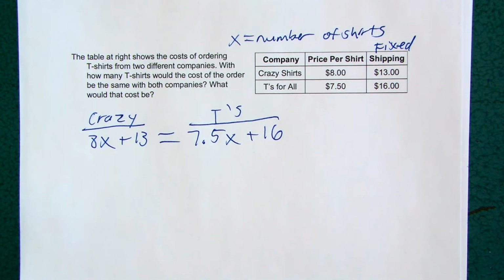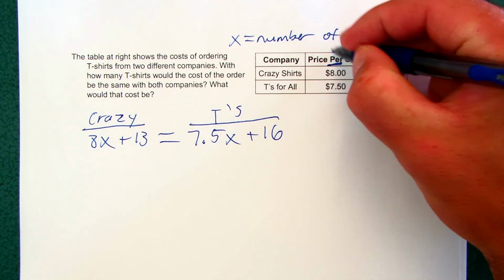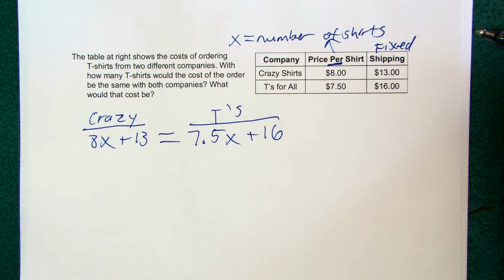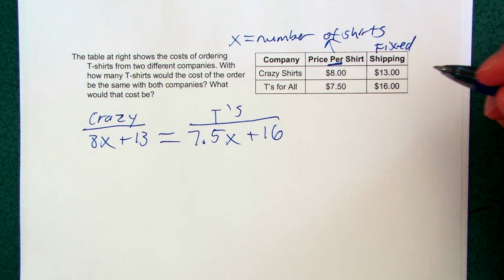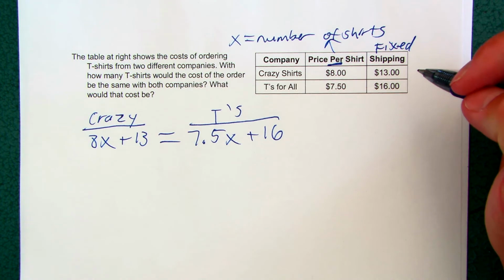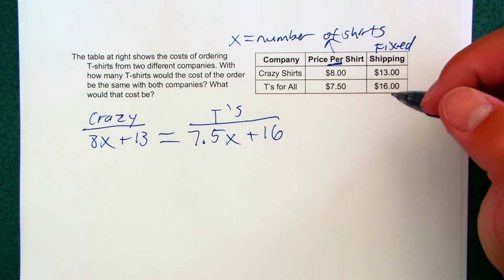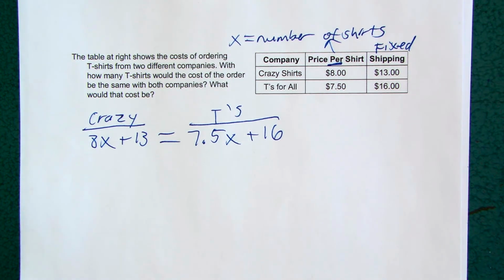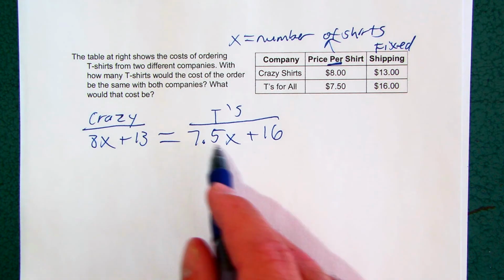Whenever you see this word per, that's what's going to go with your variable, okay? It's a rate, just like the price of gas. Gas is like $2.55 per gallon. You multiply how many gallons you buy by the cost there to get your total cost for filling up your tank of gas. So anyway, to solve this equation then,